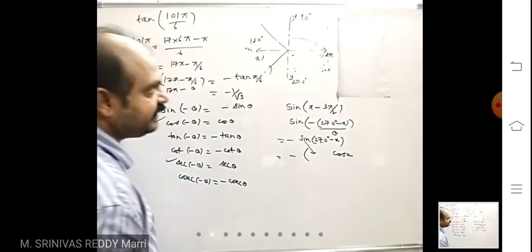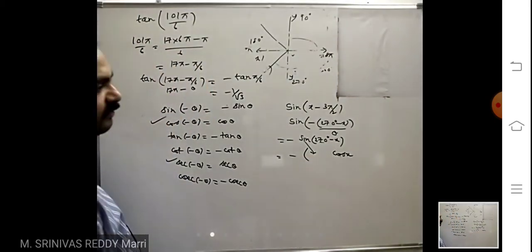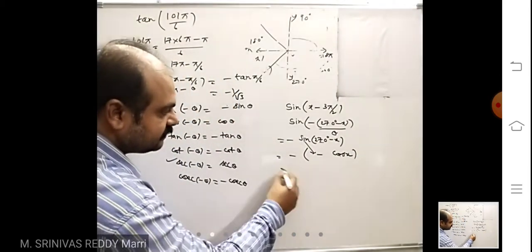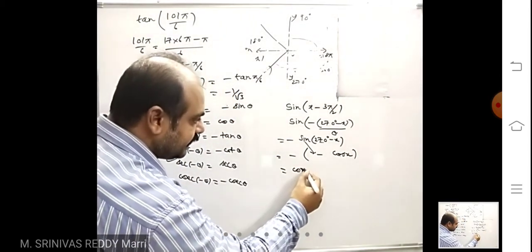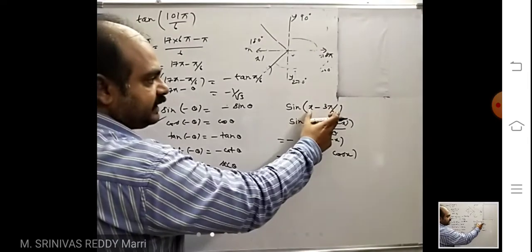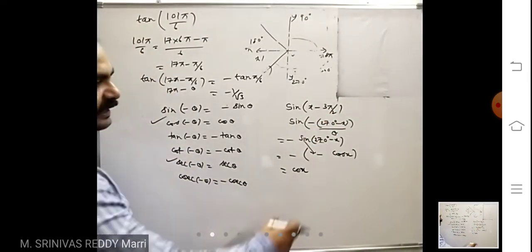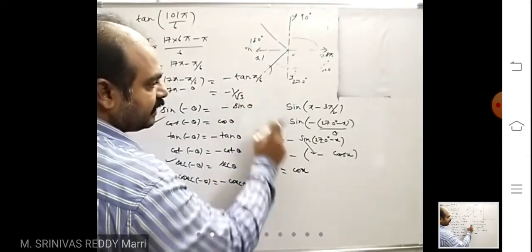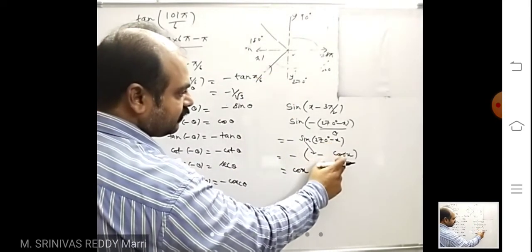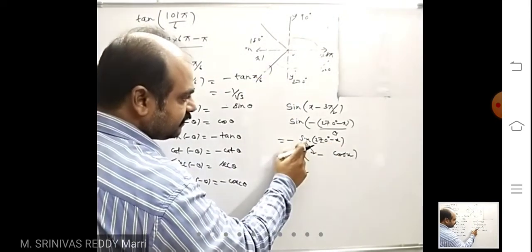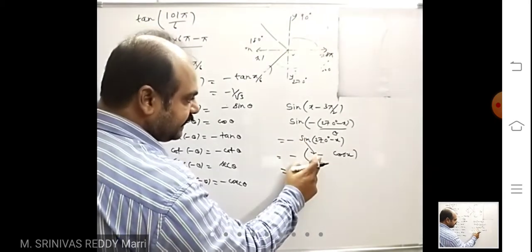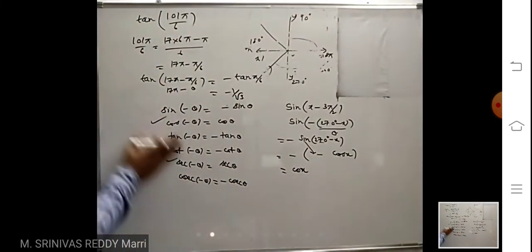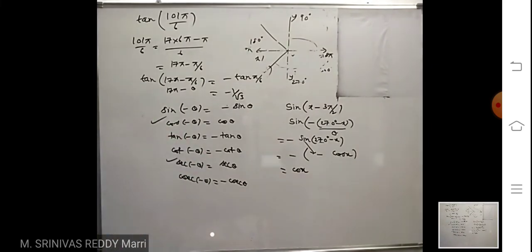Then 270 minus x is in which quadrant? Third quadrant. That means sine is what? Minus. So this is what, cos x. Convert into standard form. 270 minus x is in third quadrant. So sine will convert into cos, and then in third quadrant this sign given is what? Negative. So minus of minus cos x. Like that, while taking minus common, we will use this rule.